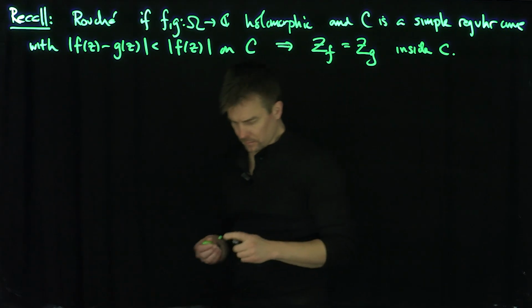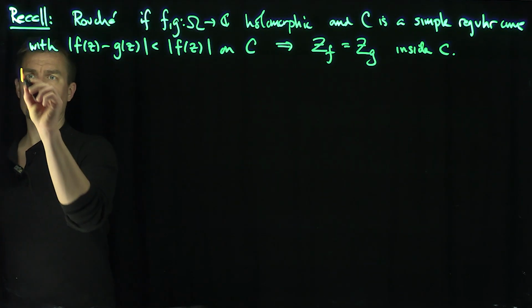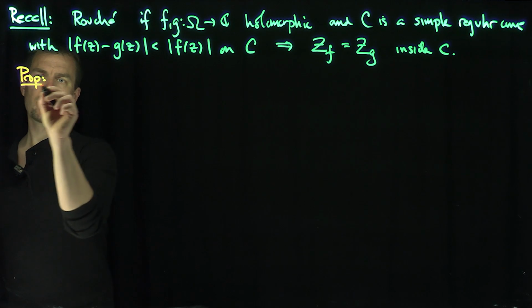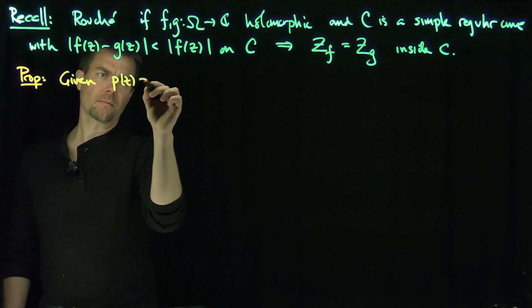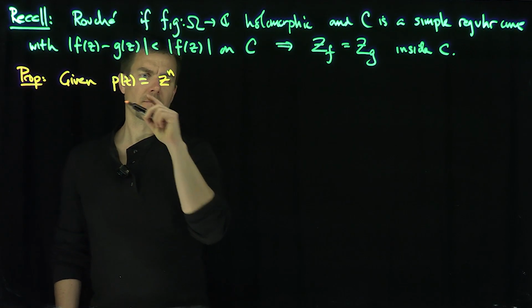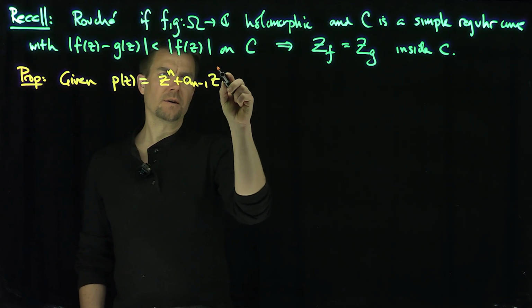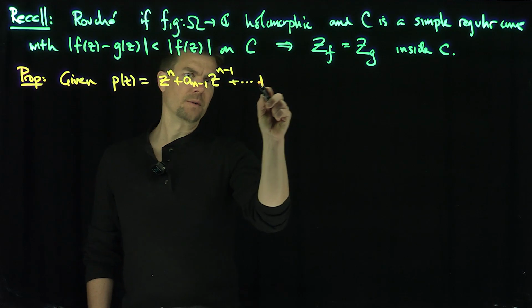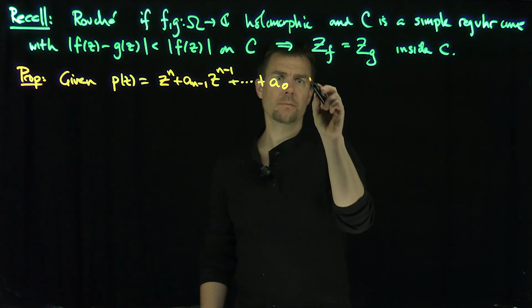Okay. So here's the first thing we're going to do. We're going to do a perturbation result. So there's a proposition: given p(z), which is z^n + a_{n-1} z^{n-1} all the way down to a_0, a polynomial with no zeros on the unit circle,